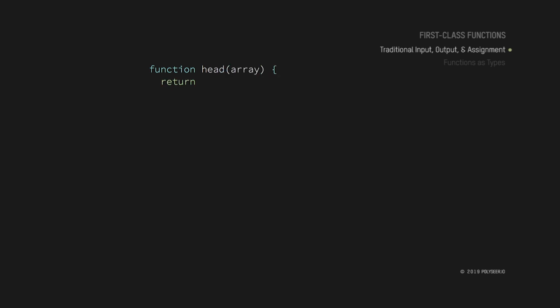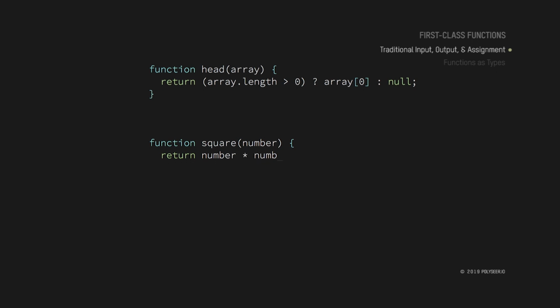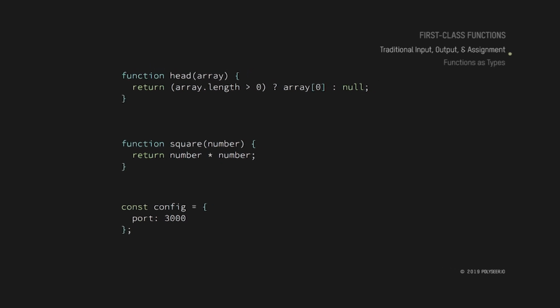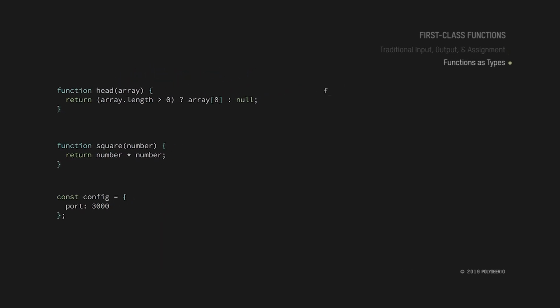Think about the function head here. It takes an array, it checks if the length is greater than 0, and if it is, it'll return the first element, otherwise it returns a null. We don't really question our ability to take an array as an argument. We also don't question our ability to return a type like a number from a function, such as with square. And finally, we don't really even question the idea of assigning an object to a variable such as config. We are using these types in a very natural manner in our programming, but the truth is that we